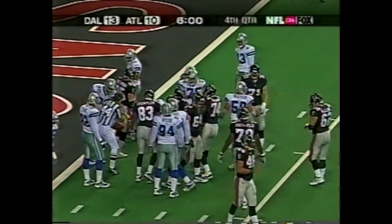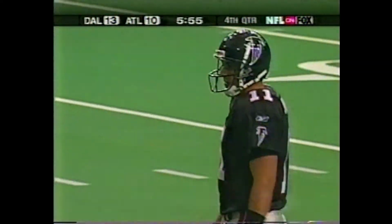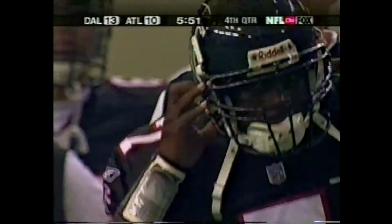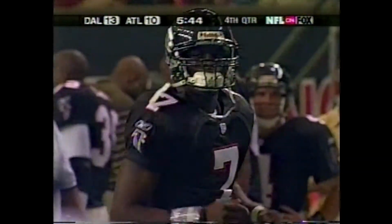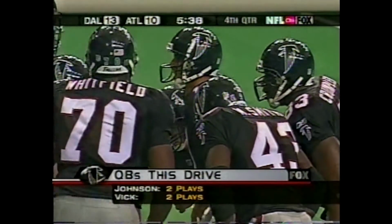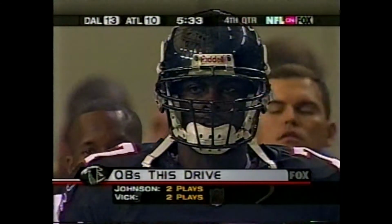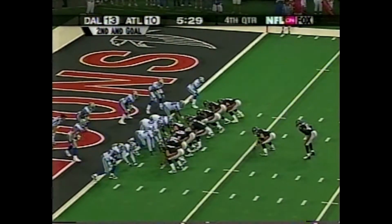And the Falcons continue to alternate the quarterbacks by play, but they're going to leave Doug Johnson in on this one. You'd think Michael Vick would be in here down in this territory because of the run threat. And now here he comes. And Michael Vick is waltzing into the game. Now he's making decisions. Make the play call and get it done. I think they trust Doug Johnson with the ball down here to secure it and hold on to it a little bit more than they might trust Michael Vick. Yeah, they both have fumbled in this game, but